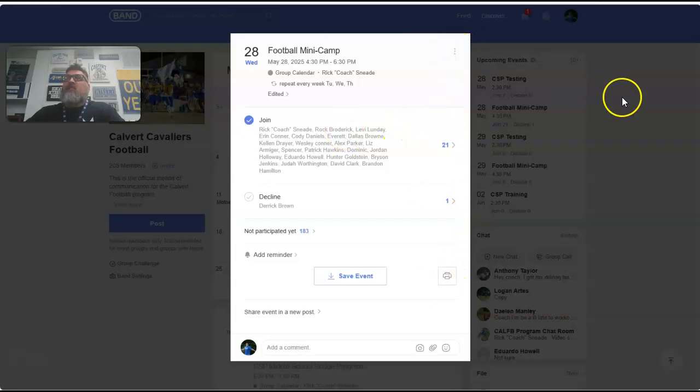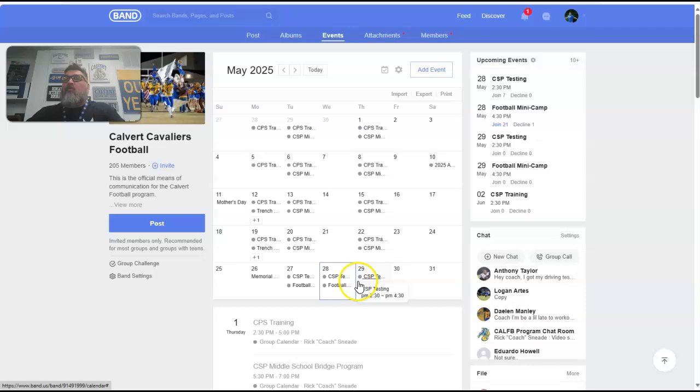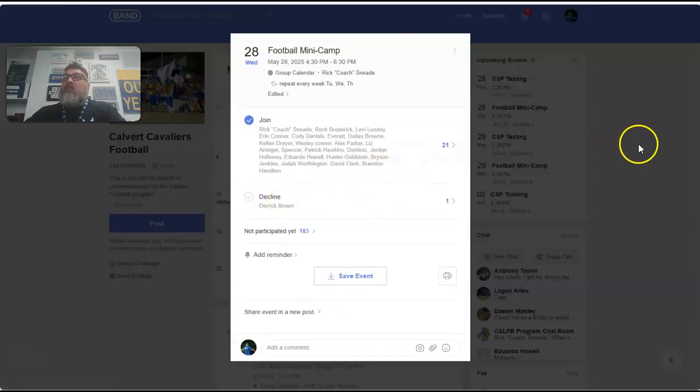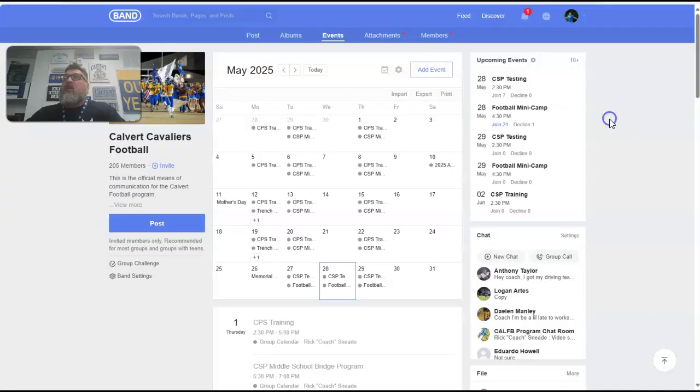You can do that for each event, and we'll be able to rock and roll and be able to get a good understanding of who it is. You know, Derek understands not going to be there, so I appreciate him putting decline for the event. Lets us know he's not going to be there. I'll have to get the kids accustomed to doing that, but I think first and foremost, we need to set the tone and do it as coaches. So that's how you do things in the actual band.